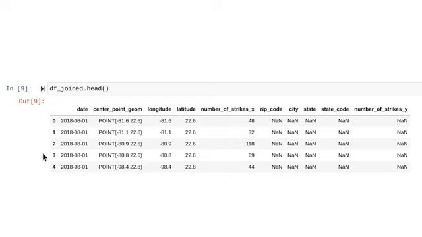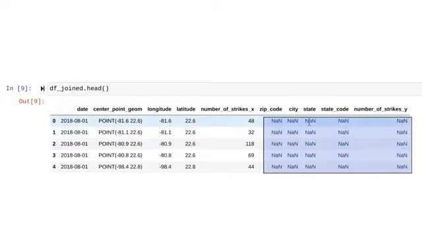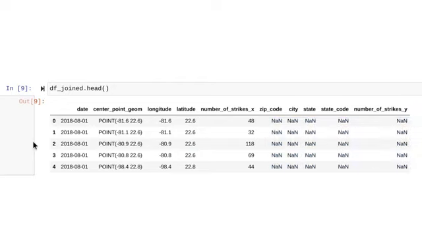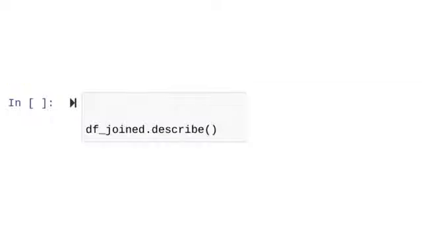When we run the head function on our new data frame, we find NaNs listed for the columns zip code, city, state, state code, and number of strikes y. Now that the data is merged, let's use a basic function we learned in a previous lesson to search for missing data, describe. Input df_joined.describe and leave the argument field blank.